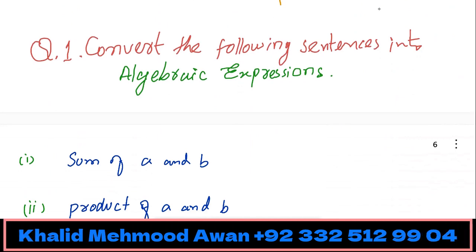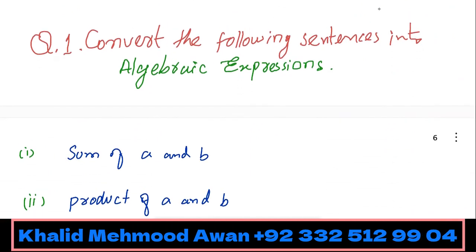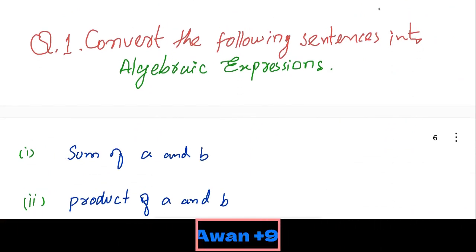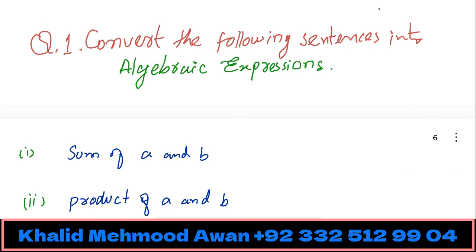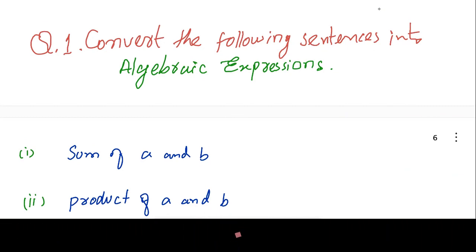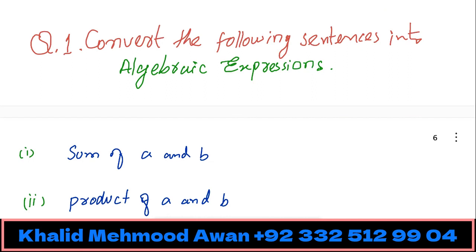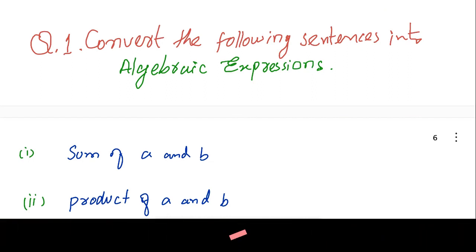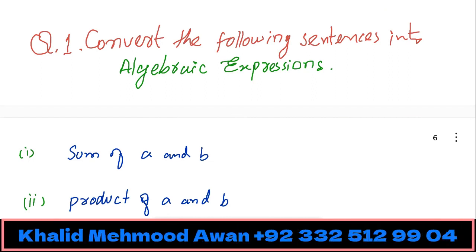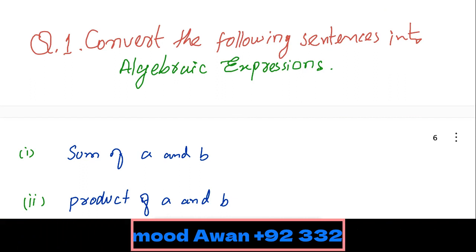Now we are converting the sentences into algebraic expressions. So the first one is sum of A and B. For this, I would like to tell you about the word of. So remember that whenever we are converting, there are two things we need to know about, that we have to